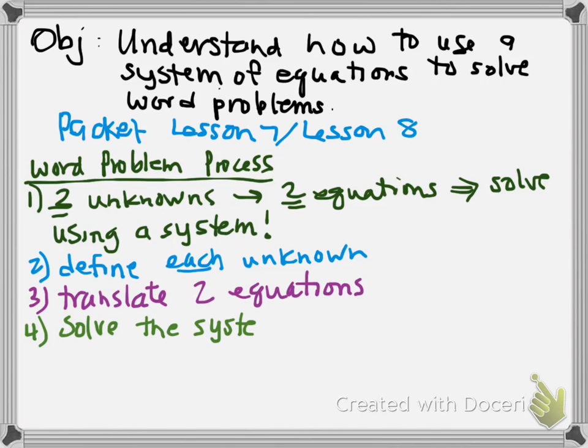And the two strategies we talked about were substitution, so we get one variable by itself, and substitute that expression in for the variable in the other equation and solve. That's how we eliminate one variable. Or